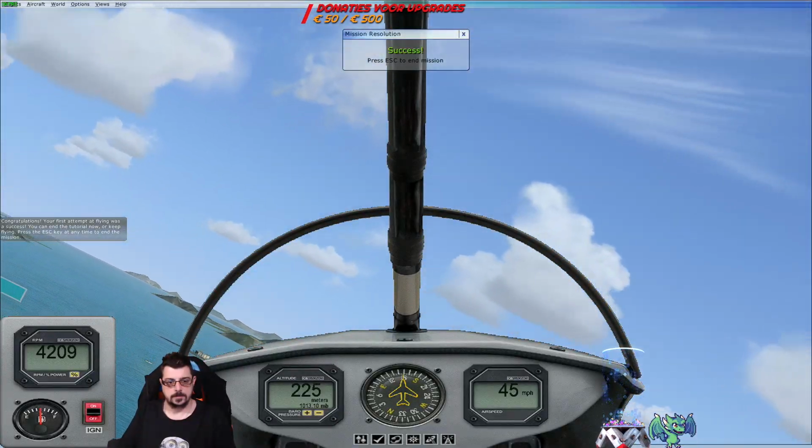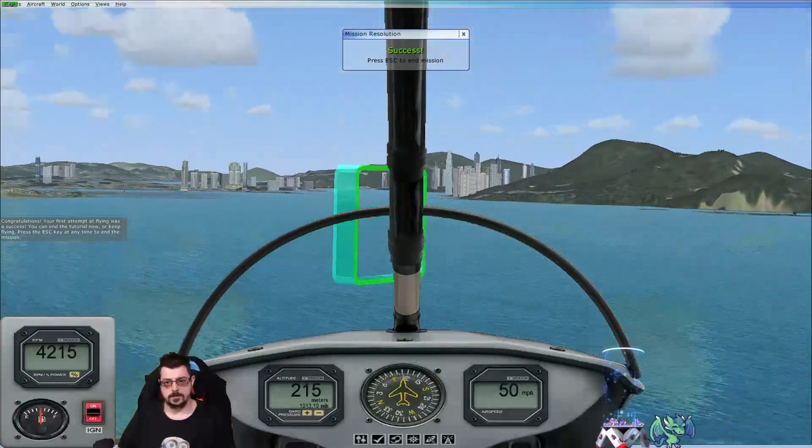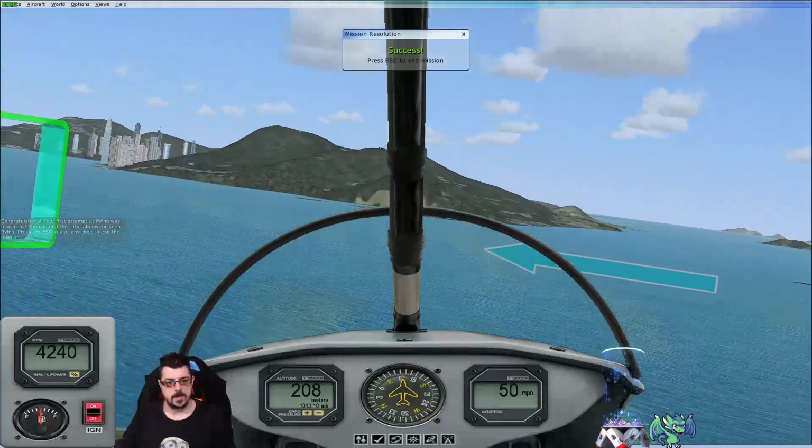Congratulations! Your first attempt at flying was a success. You can end the tutorial now or keep flying. Press the escape key at any time to end the mission. The remaining